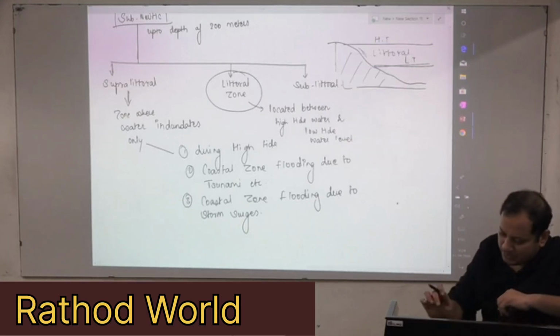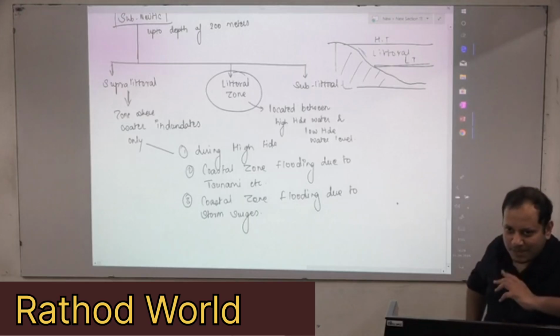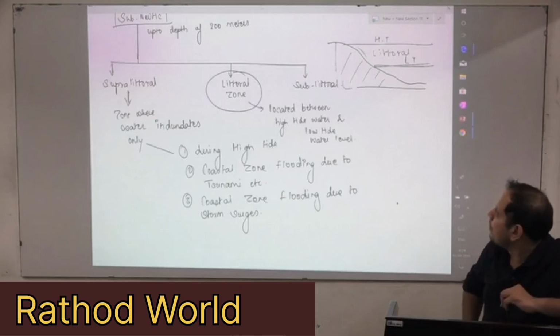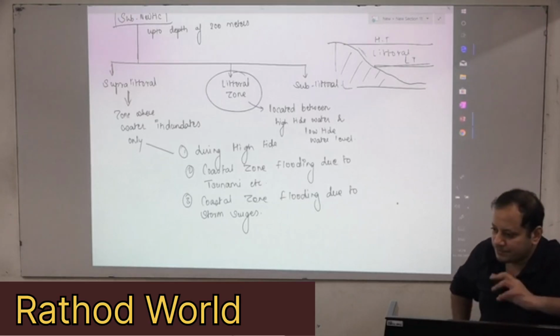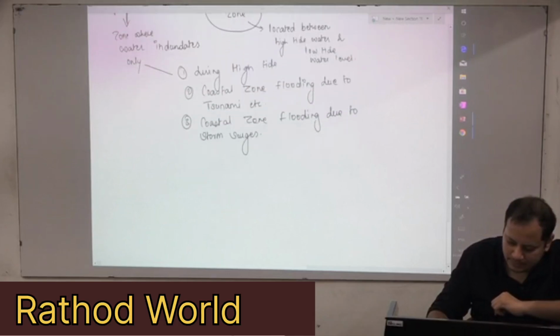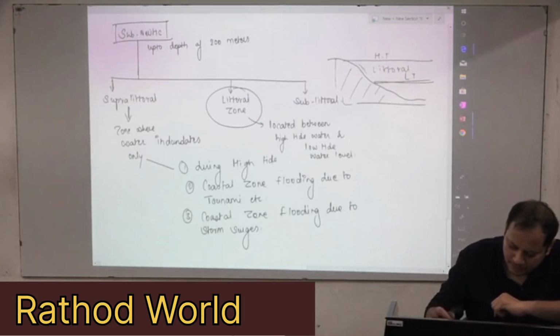Generally in the littoral zone the vegetation that is found is mangroves. Mangroves are generally found in the littoral zones. And sublittoral zone,